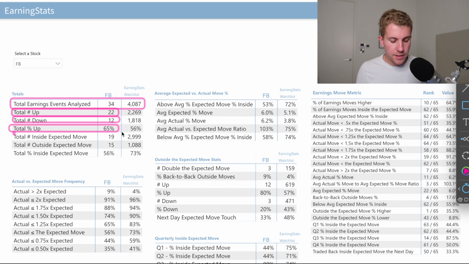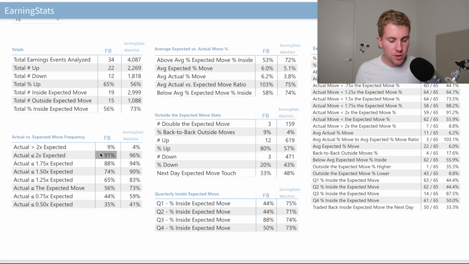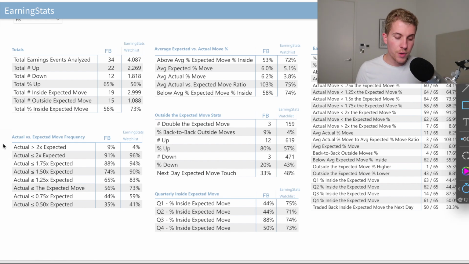Then you can see in detail that there are 19 times where it stays within the expected moves, 15 times where it goes out, which means 56% of the time it stays within the range. And after that, you can have more information in terms of how big is the move. For example, the number of times where the stock goes twice as much compared to what is expected is around 9%, meaning that 9% of the time we're going to see Facebook moving twice as much compared to the